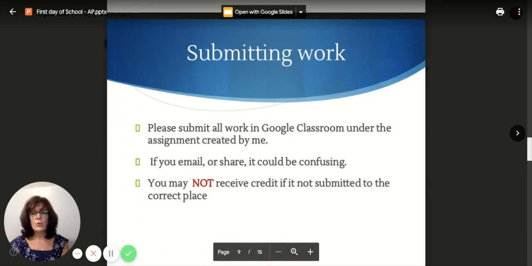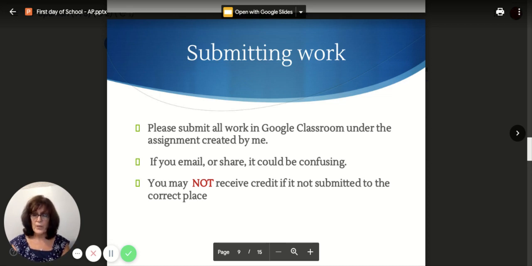Submitting the work. It's very important they know where to submit it. I have gone over it with them, but just in case they forget, please remind them they need to submit the work the day that it was assigned. For this class, sometimes we have long-term assignments. Even if it's due 2 days later, 1 week later, they still need to upload it to the day that